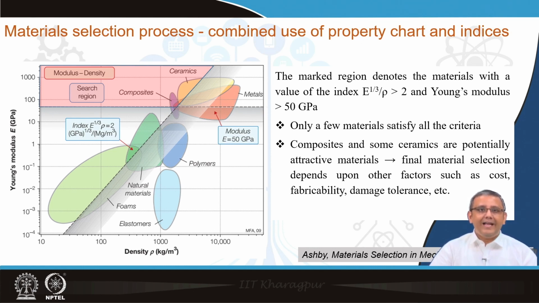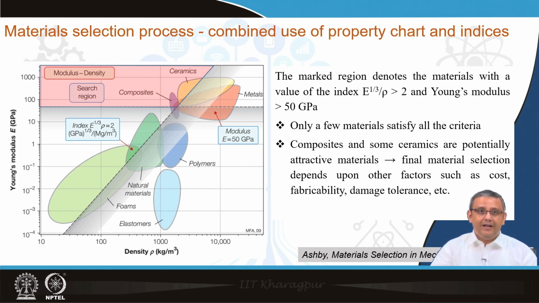Now, this is one way of selecting the material, starting from a very vast range of materials and zeroing down your choice to only a few materials. But nevertheless, one should never forget that this is not the end of the story. We have now selected only a few materials based upon whatever stringent criteria we decided, but the final material selection will again be decided by several other factors, like, as I mentioned previously, cost of the material is one